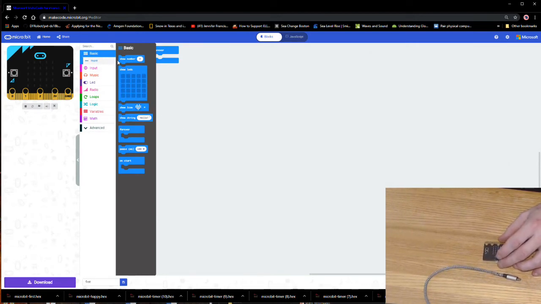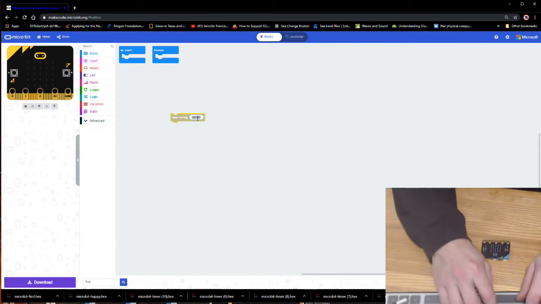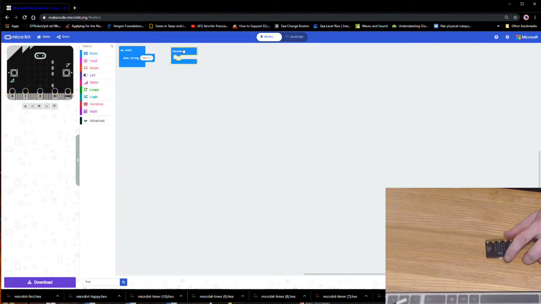So when I click on my basic, I get these series of blocks, and so I'm going to put show string. Basically that means show me some text. And so I'm going to type into my box, say hi with a few exclamation marks, and notice it's kind of brown with a little yellow around it because I clicked on it, so that means it's highlighted and it's the active block. So I'm going to move it, and notice when I drag it over, the on start block has a yellow, and notice they fit together just like a puzzle piece. So if you use Scratch, this is very similar to Scratch. And look over here in our simulation, and now it says on start the program, it says hi,